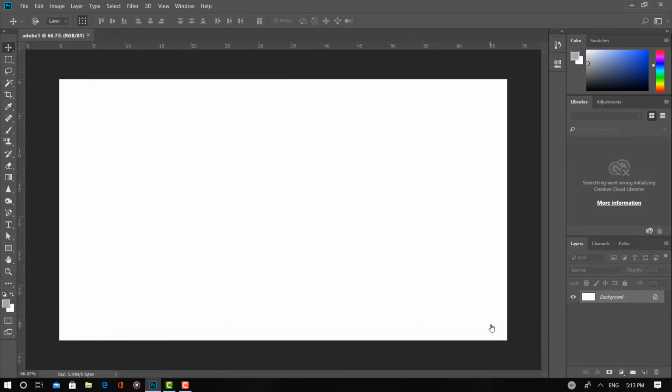Exactly, guys, on the left side I can see my toolbar. All of the tools that we have in Photoshop are on the left side. The tools give us many options. For example, we can crop a photo, make a picture, and write some text